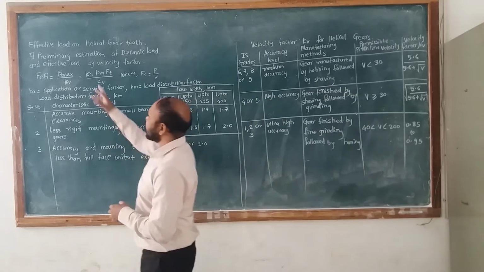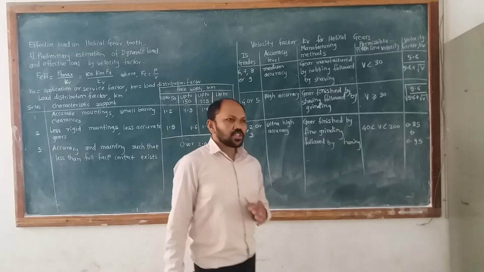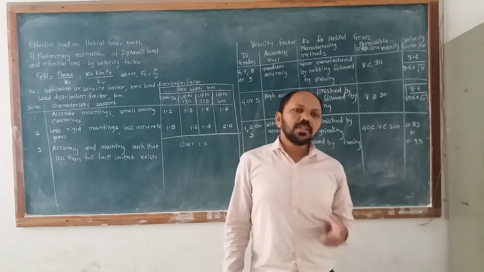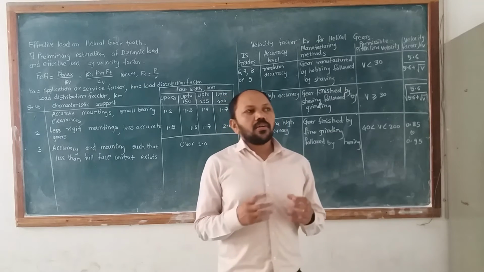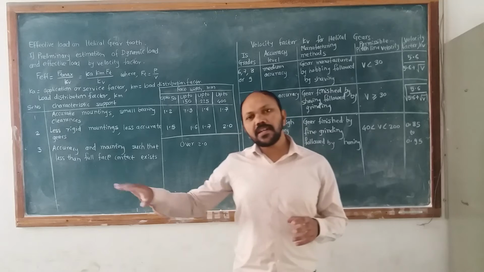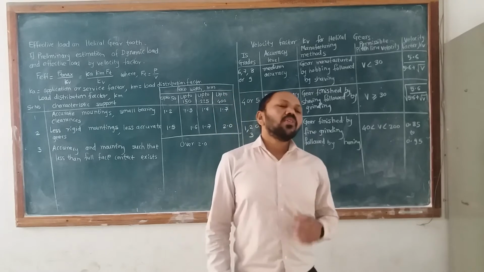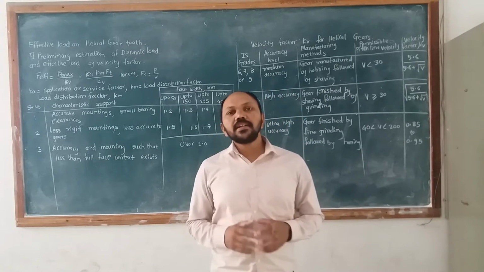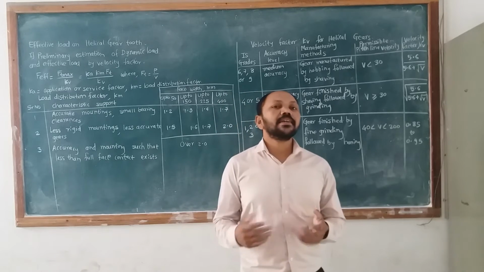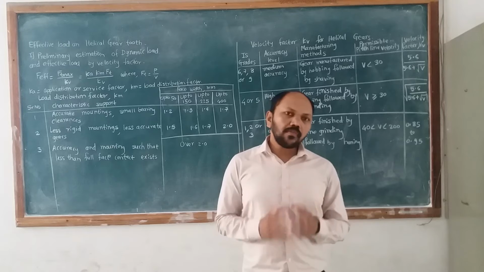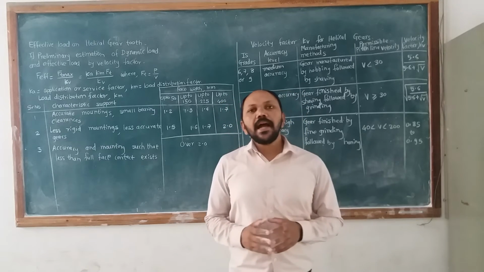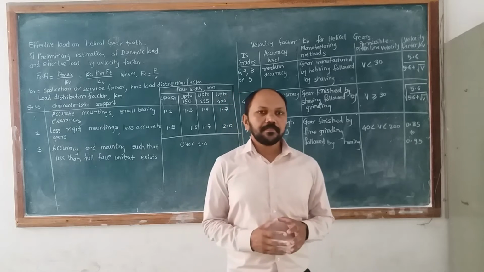What is this Ka and Km? Ka is called the application factor. At the initial stage, a vehicle or machine generates very high torque, and in running condition it generates less torque as compared to starting torque. That running torque is also called the rated torque. So always in machines or vehicles, starting torque is maximum as compared to rated torque.